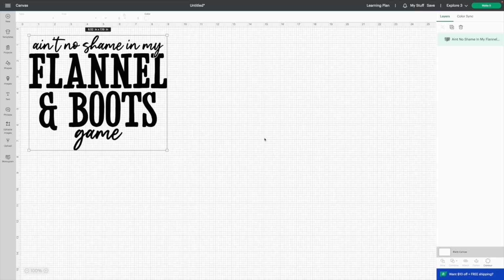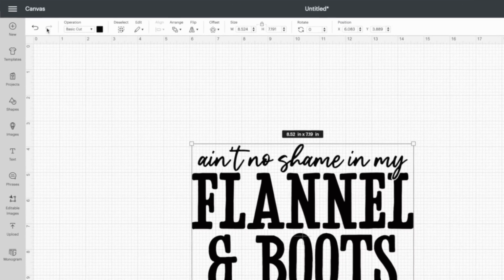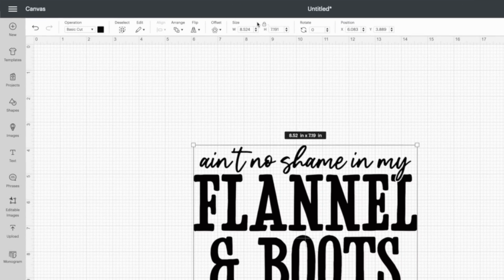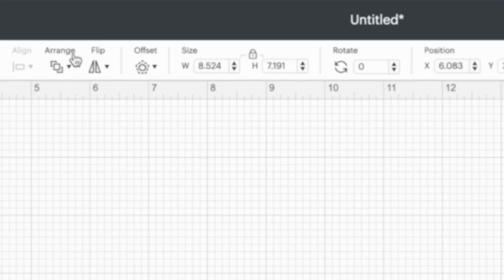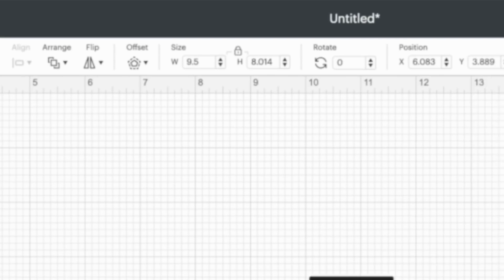So easy. Now the next thing that you're gonna wanna do, once you get this design in here, you can see this one right here only has one file. So this is one file. It may be in multiple pieces when you bring them in, because that's going to allow you to change the colors of each piece. Now this is a solid, so all you're gonna be doing is sizing this. So say for example, I knew that I'm gonna put this on a t-shirt and I want it to be 9.5 wide. Once you click on your design, you should have this bar right up here at the top pop up. And so this is gonna give you a lot of different options. So what we're gonna do here is we're gonna go ahead and change that width right here. So you can do it right here by typing in 9.5, enter,